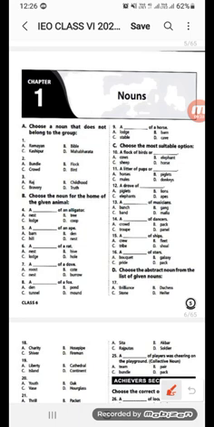Now number 2, bundle. In number 2, option A is bundle. That means a number of things tied or folded together. It's an example of collective noun. Flock. Again, it's an example of collective noun, which means a group of sheep or birds. To address a group of sheep and birds, we use the term flock of birds, flock of sheep.